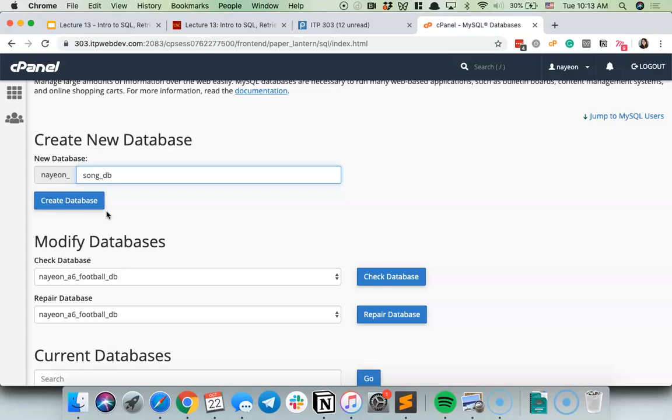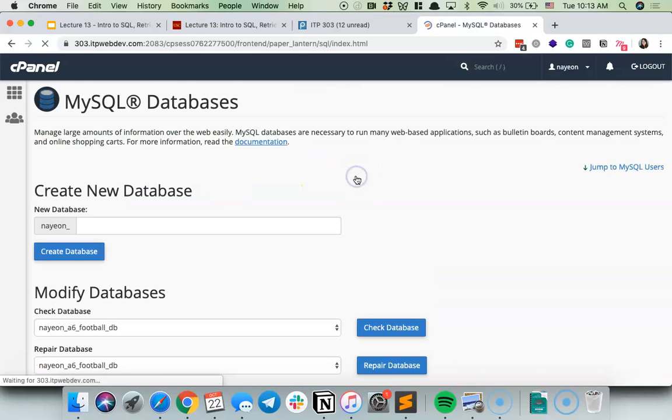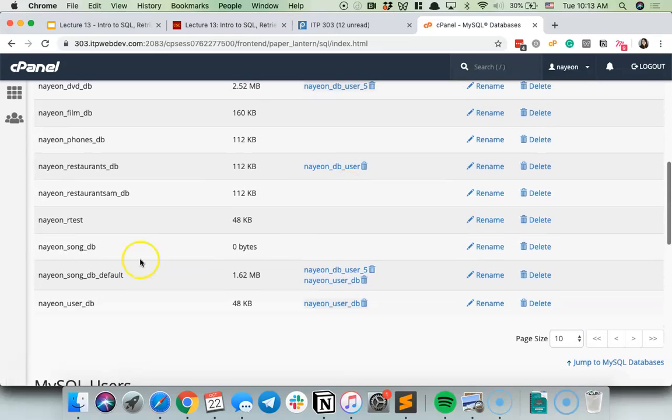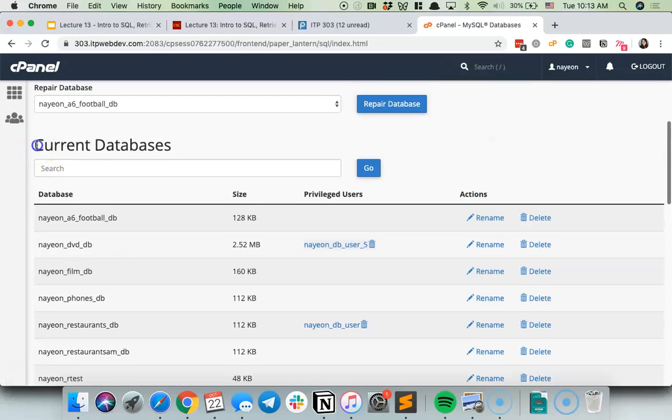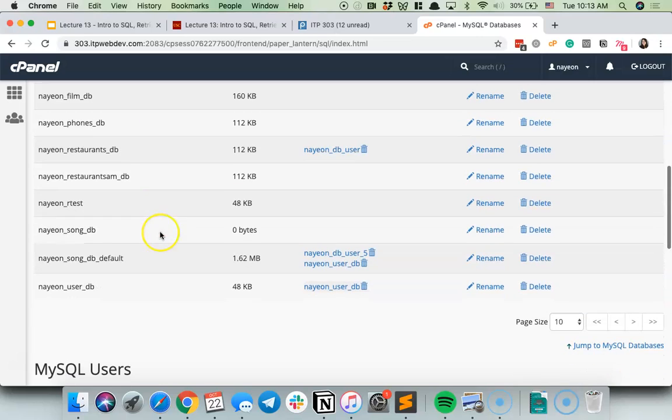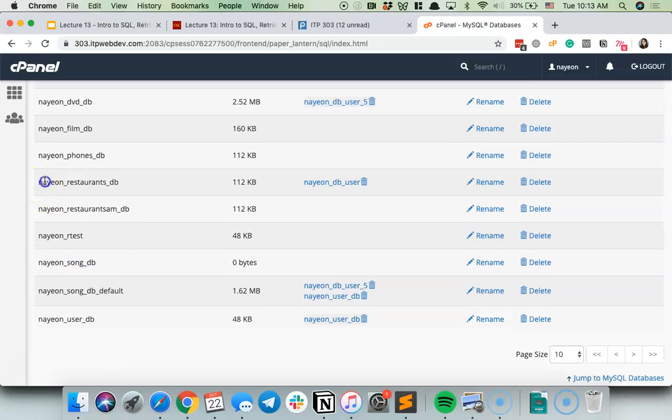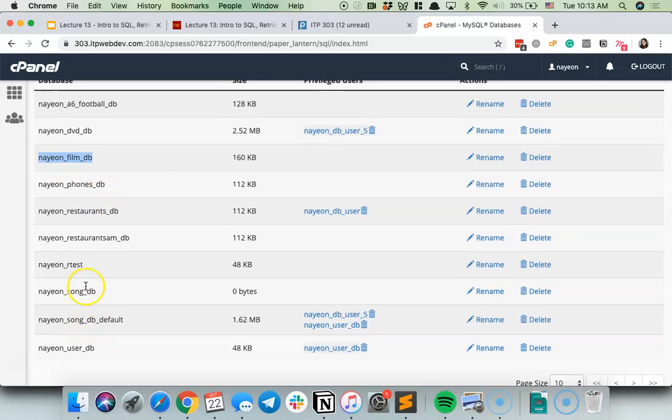We're going to continue to use that lowercase underscore convention, and I'm going to create database. There you go. And then if I scroll down, there it is. You should see in current databases, if you scroll down, you should see the Song database. Perhaps you have the restaurants database still, and the film one that we made last time too. But we're looking for this one here.